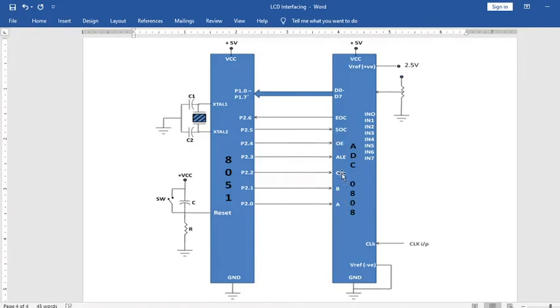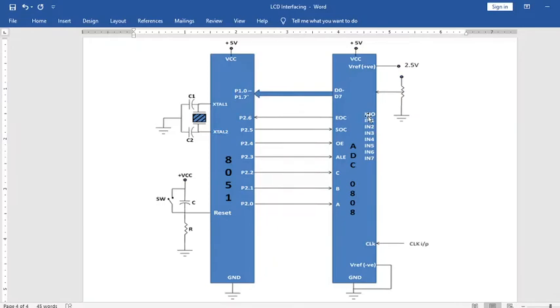Getting it? In this way we can control which input channel should be considered for taking input, decided by these 3 pins ABC, which are controlled by pins 0, 1 and 2 of port 2 of the 8051 microcontroller.